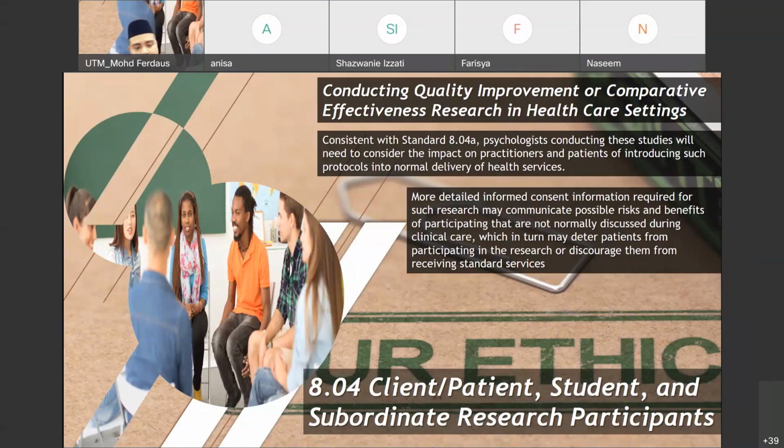But at the same time, you are basically my client. You are experiencing stress, for example. So you need to meet me once every 2 weeks, setiap 2 minggu, dia jumpa saya sekali, for treatment and for evaluation. So when I want to evaluate whether the new treatment using the internet, using an online platform, would have the same effects or not, I ask you to join. I ask you to participate in the research.